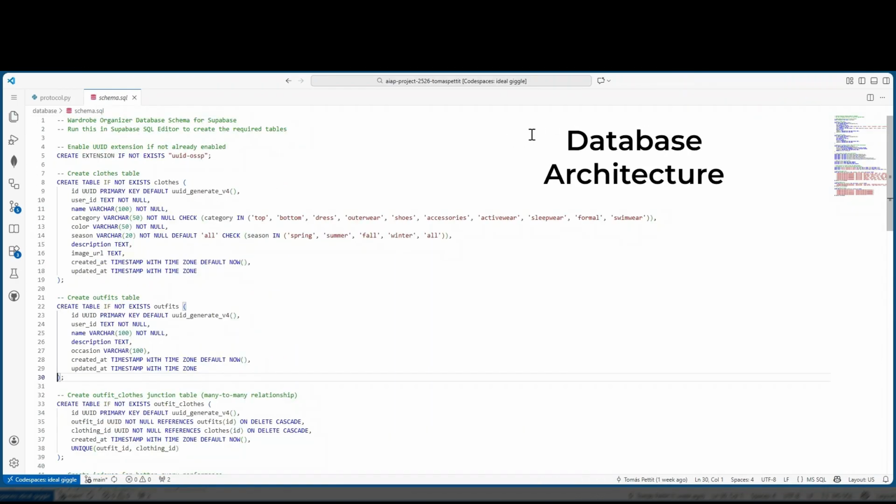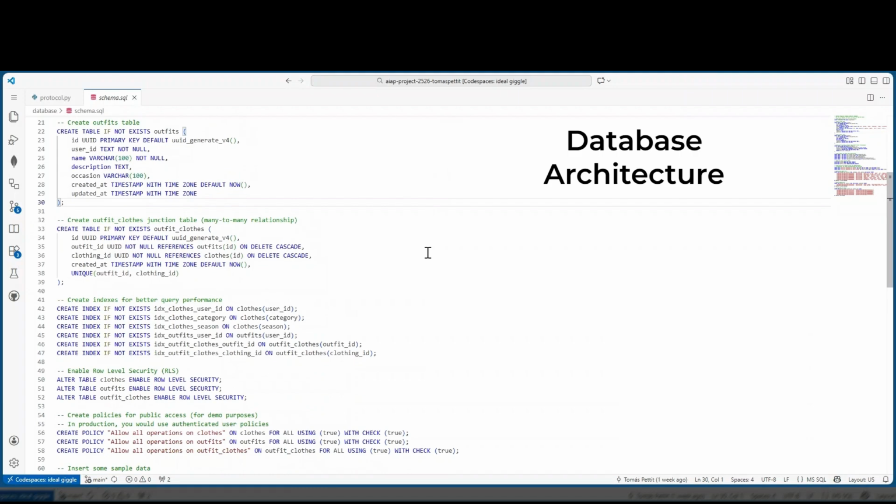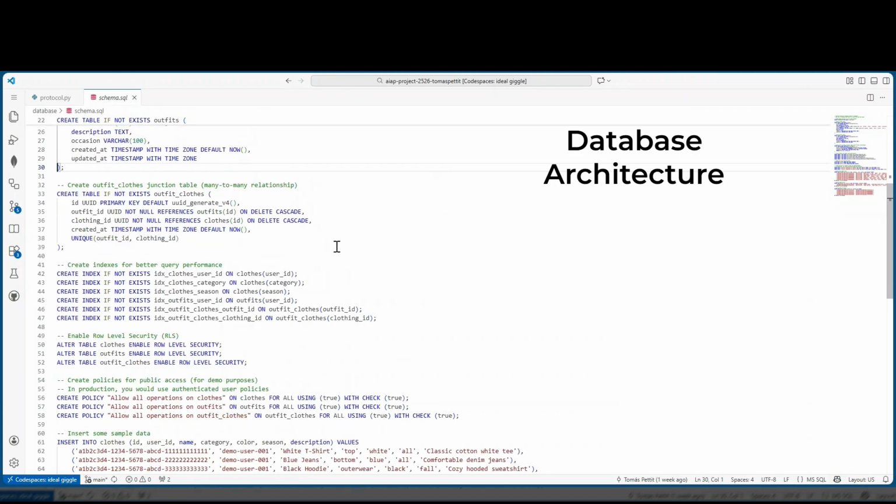Database architecture. The database uses a many-to-many relationship allowing flexible outfit combinations. Season-aware filtering ensures suggestions match the weather. This statement creates a junction table named outfit_clothes to model a many-to-many relationship between outfits and clothes. Each row links one outfit to one clothing item, and a single outfit or clothing item can appear in many